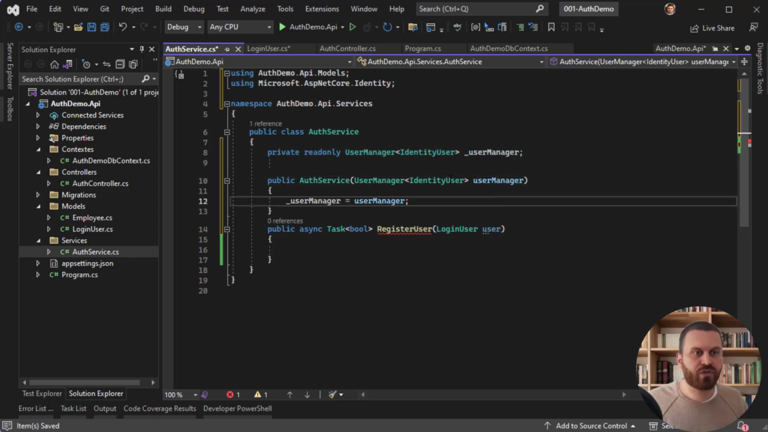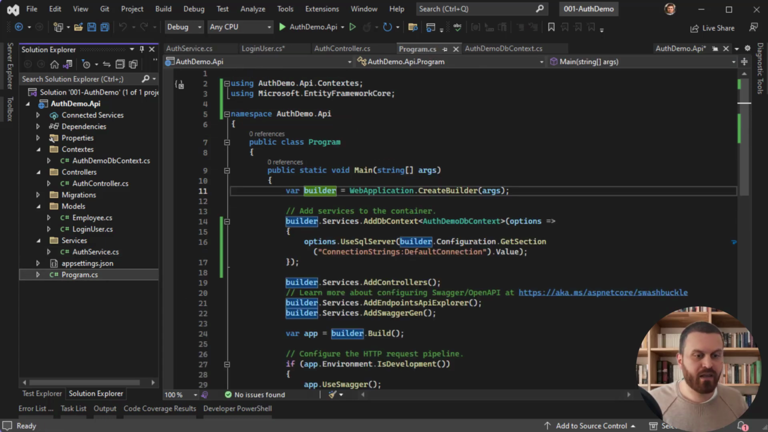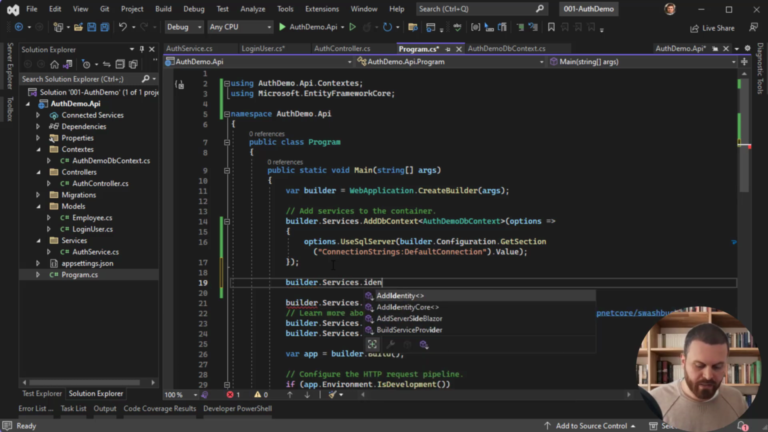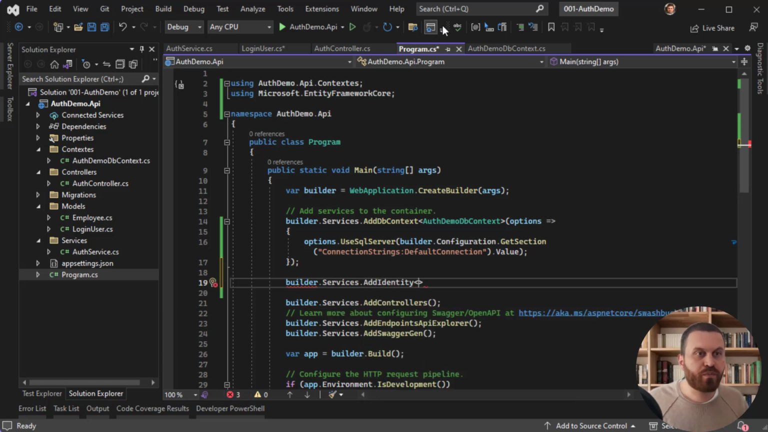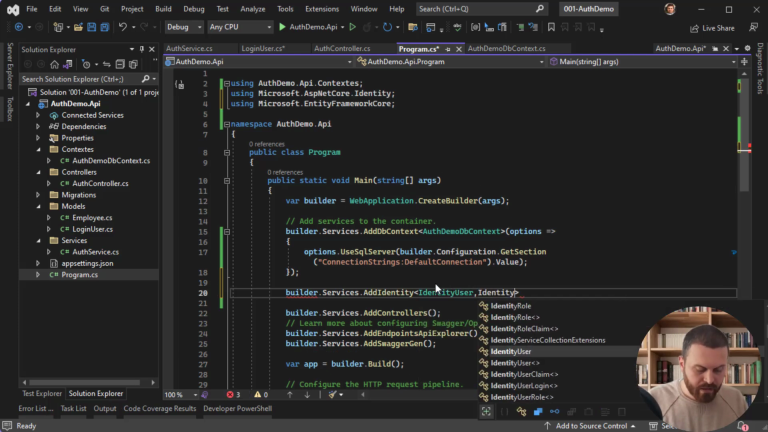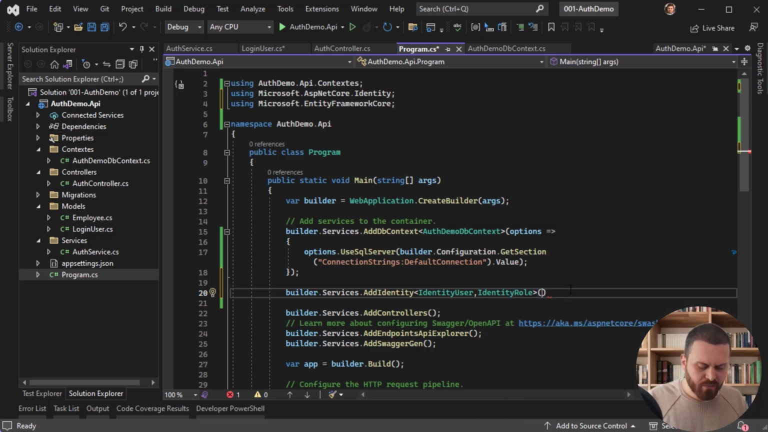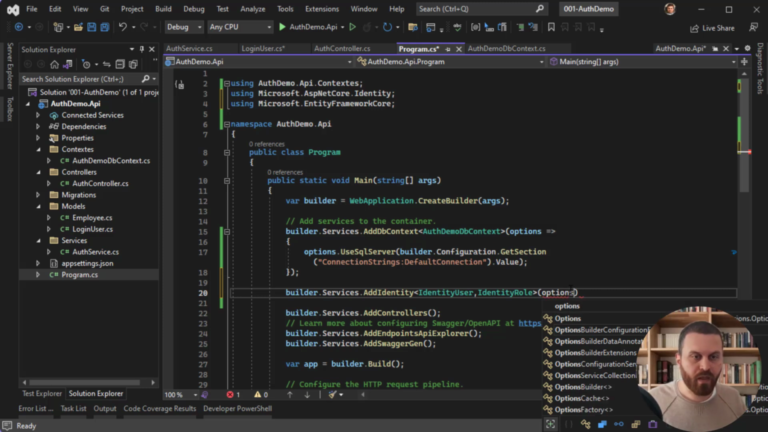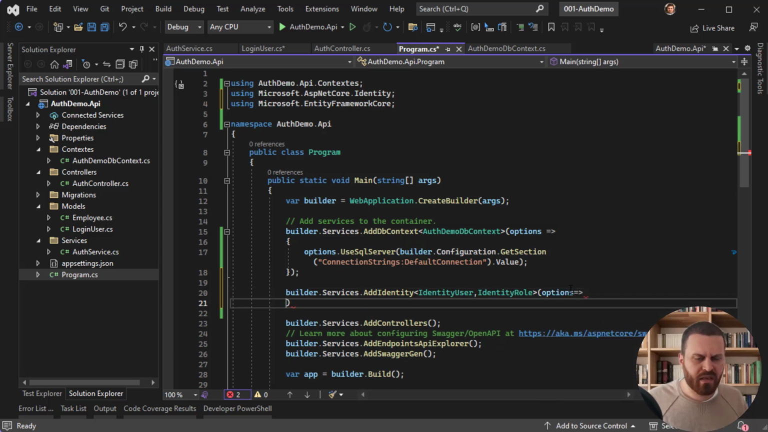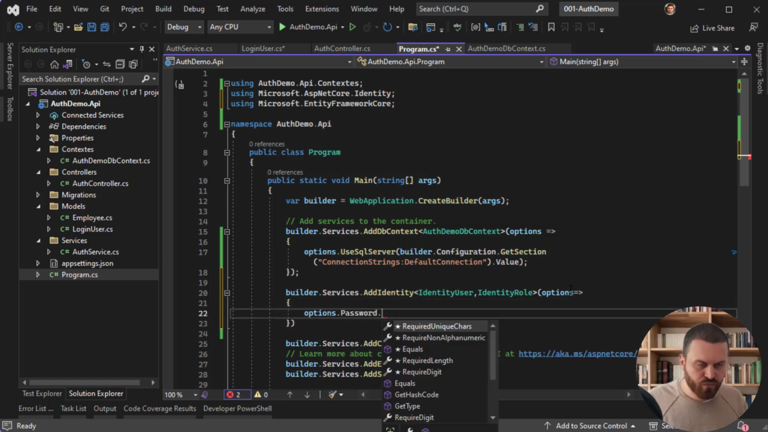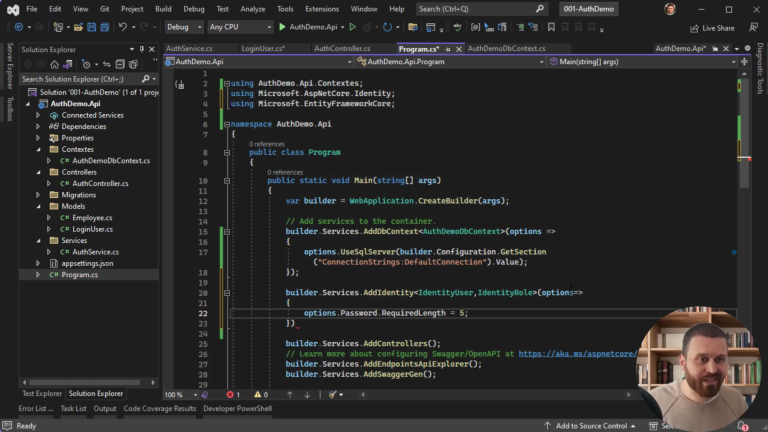Let's create a field for that one, but how we are going to inject it here? Let's go back to the program.cs file, .services.add identity. Inside the identity, we need to pass two types. First for our user and then for roles. Identity user and identity roles. We can pass some options to it, for example, options. And in the options, we can say things like options.password, as an example, required unique character, requires non-alphabetic, required length, and let's have it length should be at least